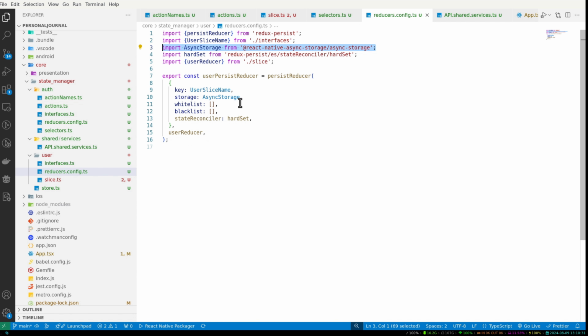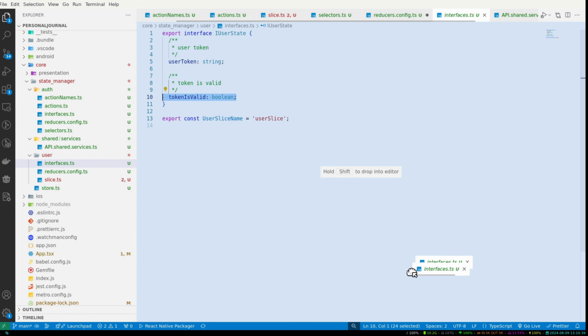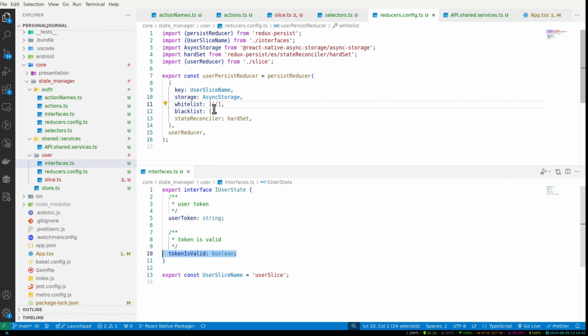And then what is whitelist, what is blacklist, and what is state reconciler? Whitelist gives you the chance to say, I want to only keep certain fields or properties. Let's go back here, to the interface. We say, for example, I want to keep only the token, and the token's validity is not important. That's just an example. In other cases, we may have a field that has so many, maybe 100 records, and we don't want to persist it,